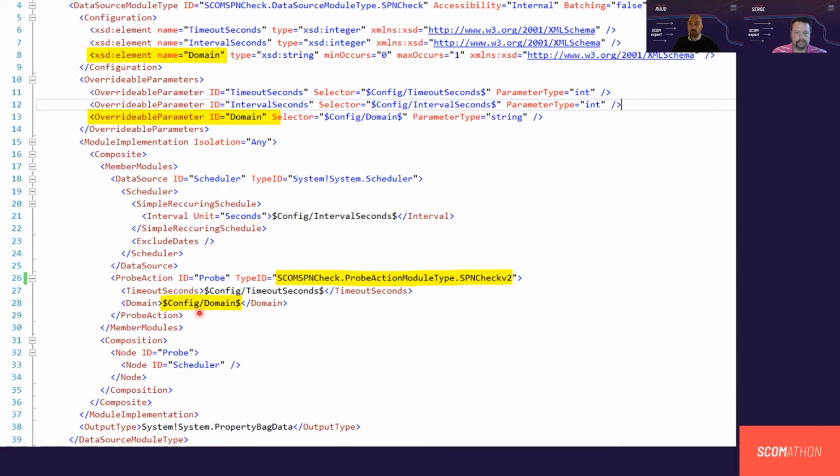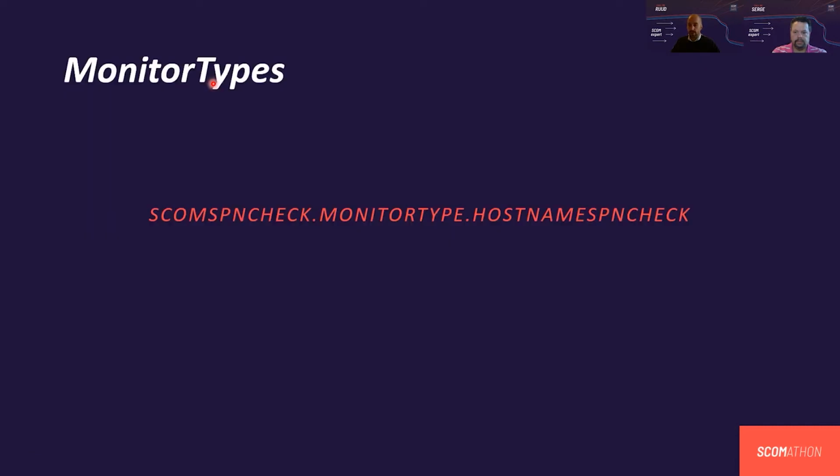Very simple data source module type, nothing special here. Other than bringing in the domain, it's very simple. Next step, monitor types, and here comes something funny, because you can already see, potentially based on the name, we